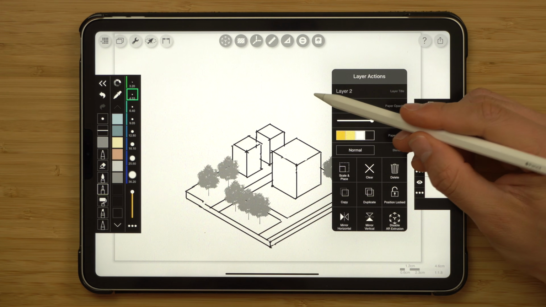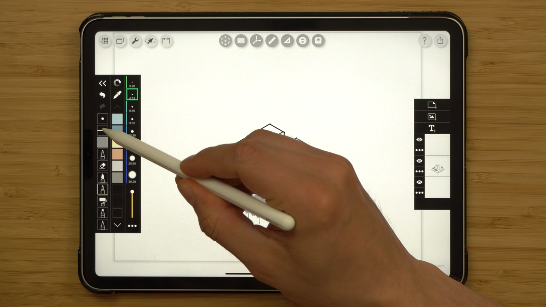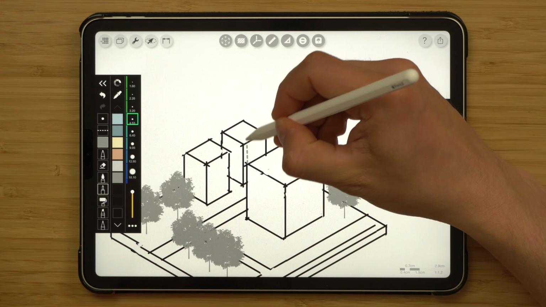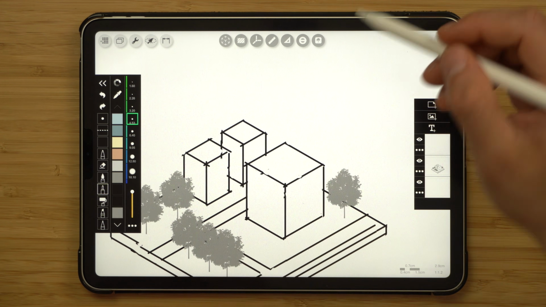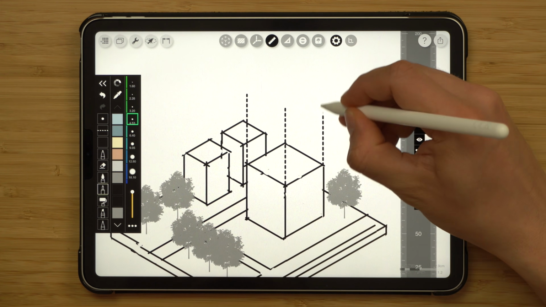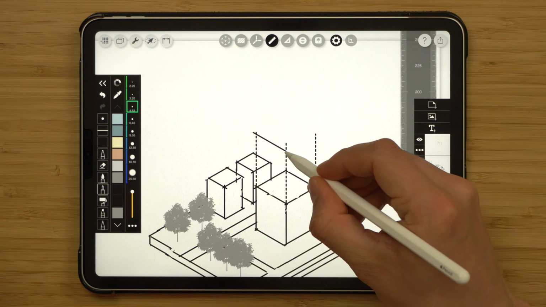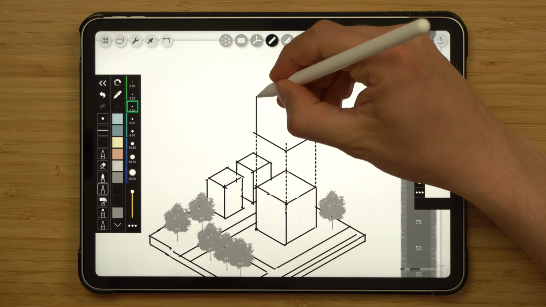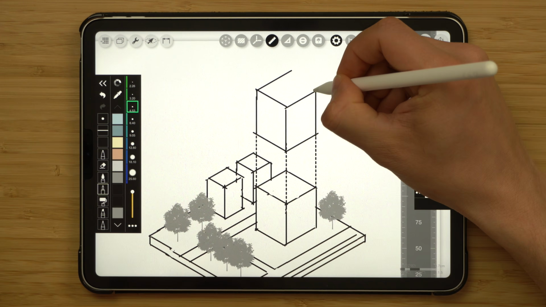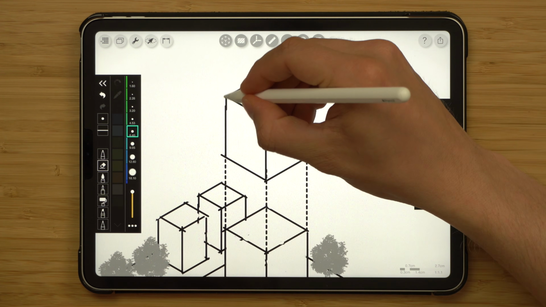You can see how it turned a bit gray, so I want to decrease the paper opacity to not mask the layer beneath, and then go back to my technical pen tool, and over here I can select dotted line. Then I can start pulling, making sure that I have black color selected and the ruler re-enabled. Pull the dotted lines up from this base box, like so. And now I can re-enable the solid continuous line and draw a box above in a similar shape and proportion to the one beneath to represent the facade extrusion. Again, I can disable the ruler to erase the excess.